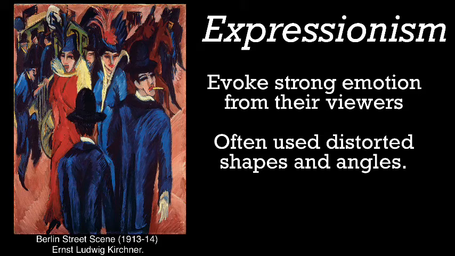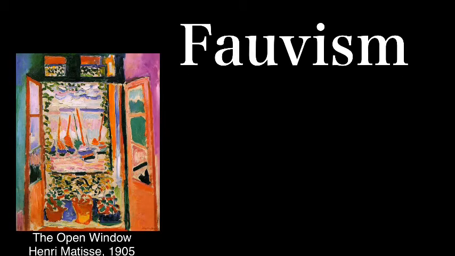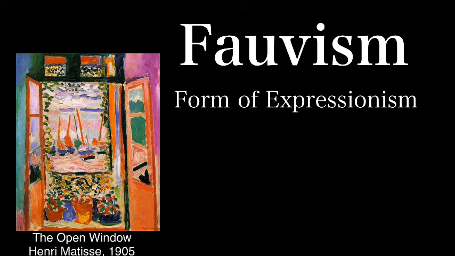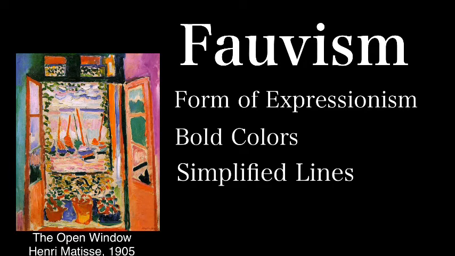Now, Expressionism has another connected form called Fauvism. Fauvism was a kind of expressive art form that often used bold colors, and many artists actually ended up smearing the paint straight out of the tube for that boldness. It also involved many simplified lines, almost childlike when you look at them. That's another form of art that's really up to your personal taste. Some people really enjoy looking at it, other people not so much.